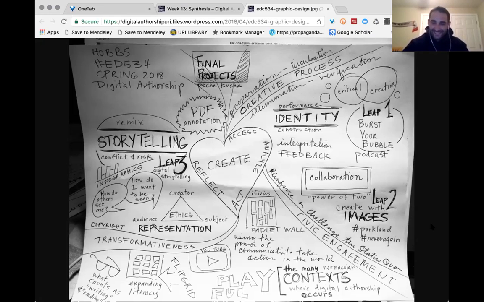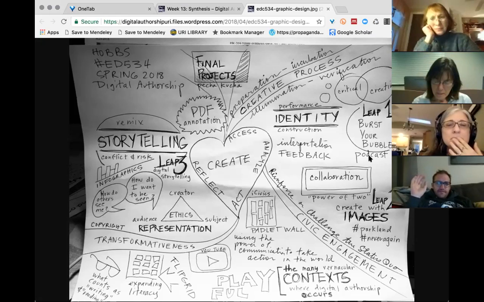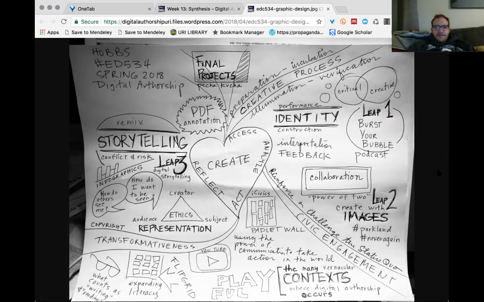But I like your interpretation better. Happy accidents. And I think Leap 3 definitely is about reflection. So that definitely captured a lot there. Adam, I see your hand is raised. What comments do you have on interpreting this reflection, this chart, this visual synthesis?